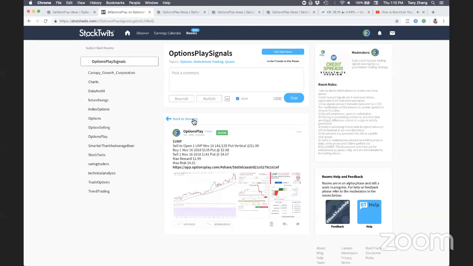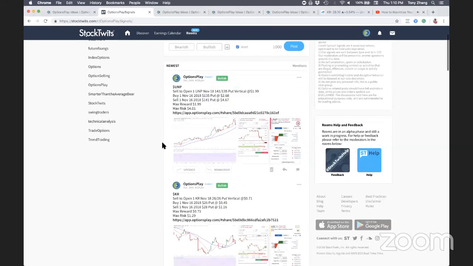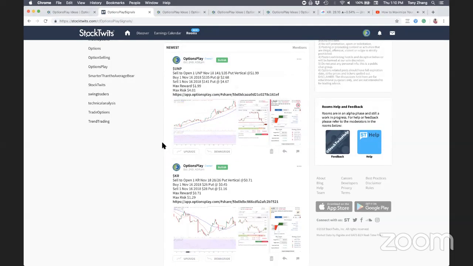Credit spreads, a lot of people like trading credit spreads because they like to sell for income. And based on the research that we've done from our customers, it seems like more of you trade credit spreads than debit spreads. And that's why we wanted to offer a service for those of you that do trade credit spreads. Not saying that everyone has to trade credit spreads, but if you like trading credit spreads, this service makes the process of finding credit spreads a little easier.